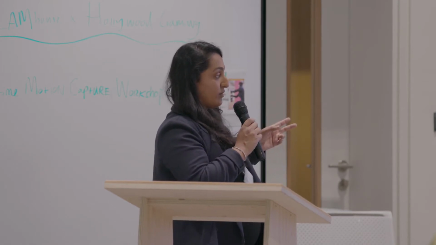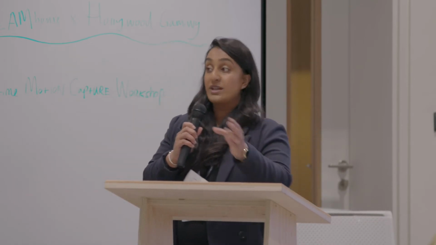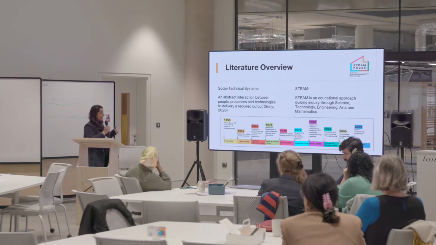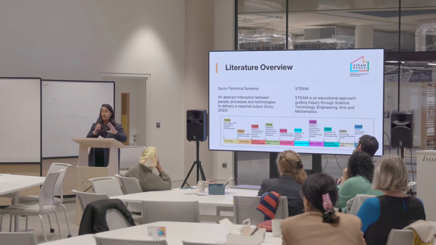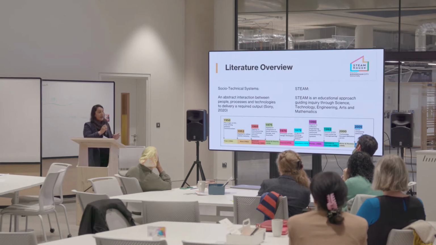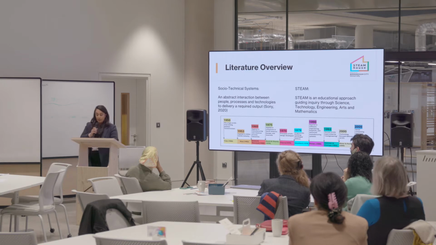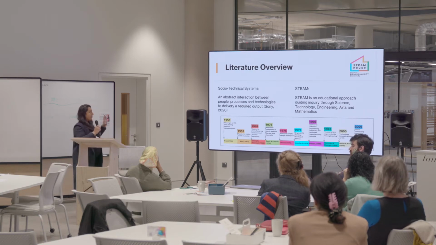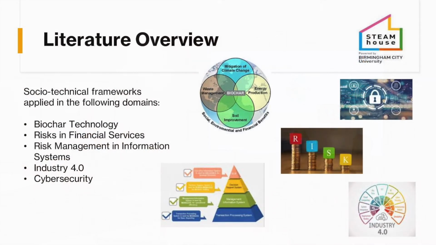Then the socio-technical system principles were further developed. They started to realize, okay, it needs to become a bit more technology focused. So they started giving them technology-focused definitions, saying that a socio-technical system was re-engineering of work processes. So it's developed over time, and they really tightened their definition of why we need to make sure that the social elements and the technical elements are, in fact, working together. And then on the next slide, I'll talk you through how it involves into STEAM.